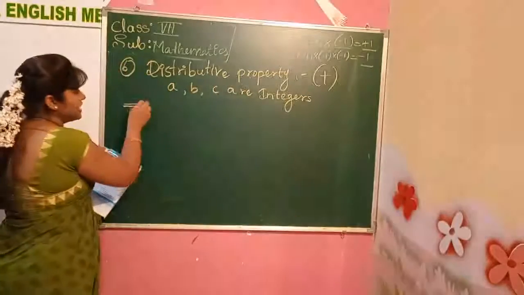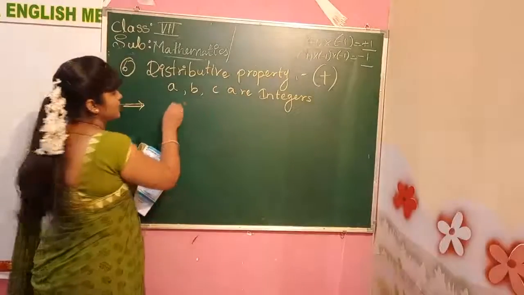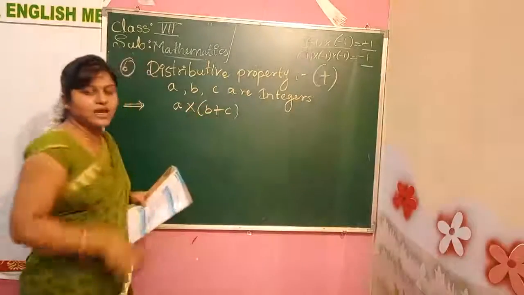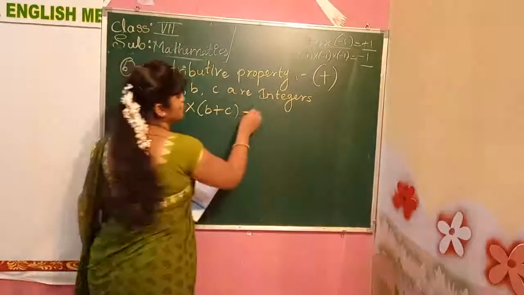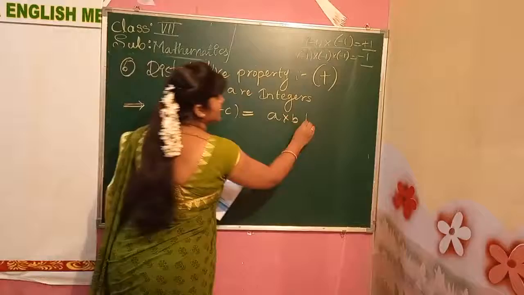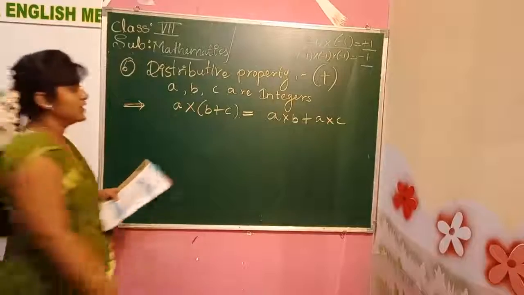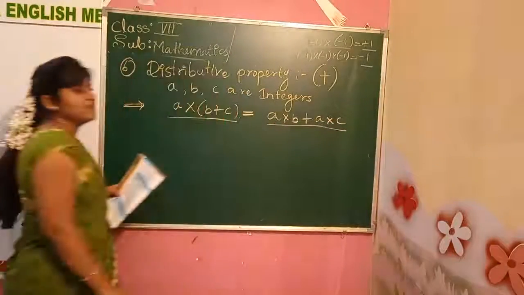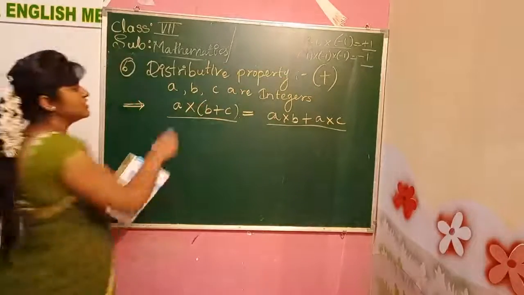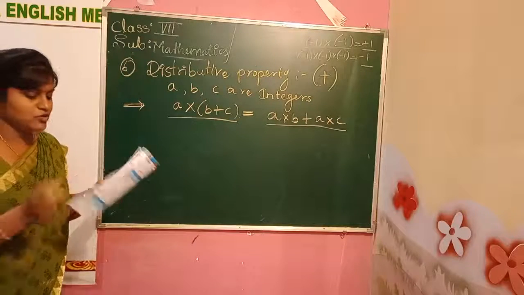When we are doing the grouping, we take the help of our other sign. Here I am taking the help of other sign. A into B plus C. Plus sign using here. So after that is equals to A into B plus A into C. This is the next step of this one. What we are doing here, we are taking the help of other sign, that is plus we are using. This is called as a distributive property.